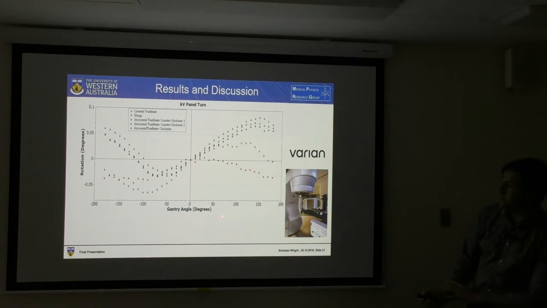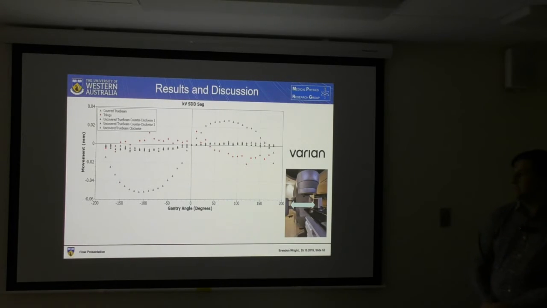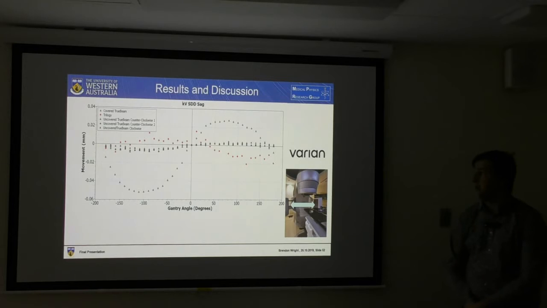It's also worth noting that the uncovered source for the True Beam displays a completely different pattern when compared to the covered source for the True Beam. For the SDD sag, this again is repeated with the covered source displaying a larger SDD sag when compared to the uncovered source, and the Trilogy and True Beam having comparable sinusoidal shapes, but 180 degrees shifted